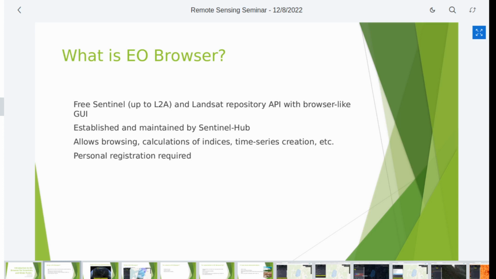But of course, it comes at the cost of analysis flexibility, which we as scientists are usually interested in. Nevertheless, it's a good tool, even for scientists sometimes. For instance, when I want a quick overview of how many cloud-free images I have for a specific region, this is much easier to do in EO Browser compared to other platforms.